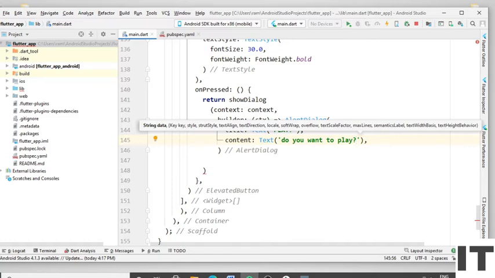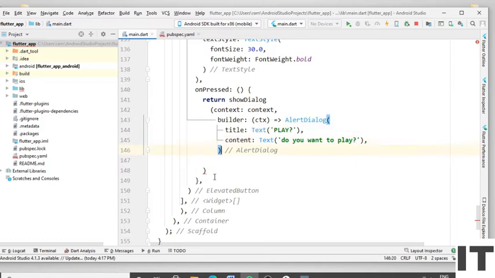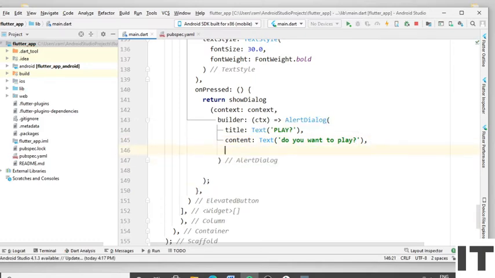Now I type the code for two options, yes and no, and I am using the text button. Put the semicolon here. Now press the enter and type the action.